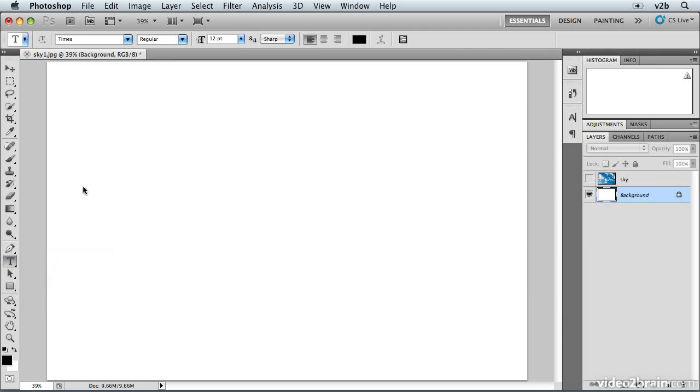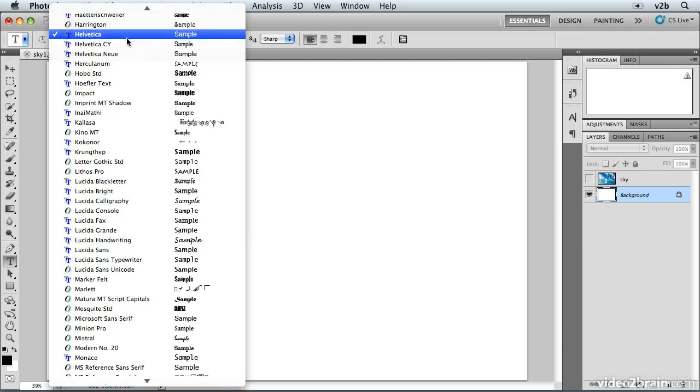Now we want to select some formatting options up here in the Options panel. Currently we have Times chosen as the font, and I want to choose something else. So I'm going to type in the first few letters of the font I want to work with. H-E-L, here it is, Helvetica. Alright, except I want to choose Helvetica New. So I'm going to click and hold down on the list to select Helvetica New, and then I'm going to